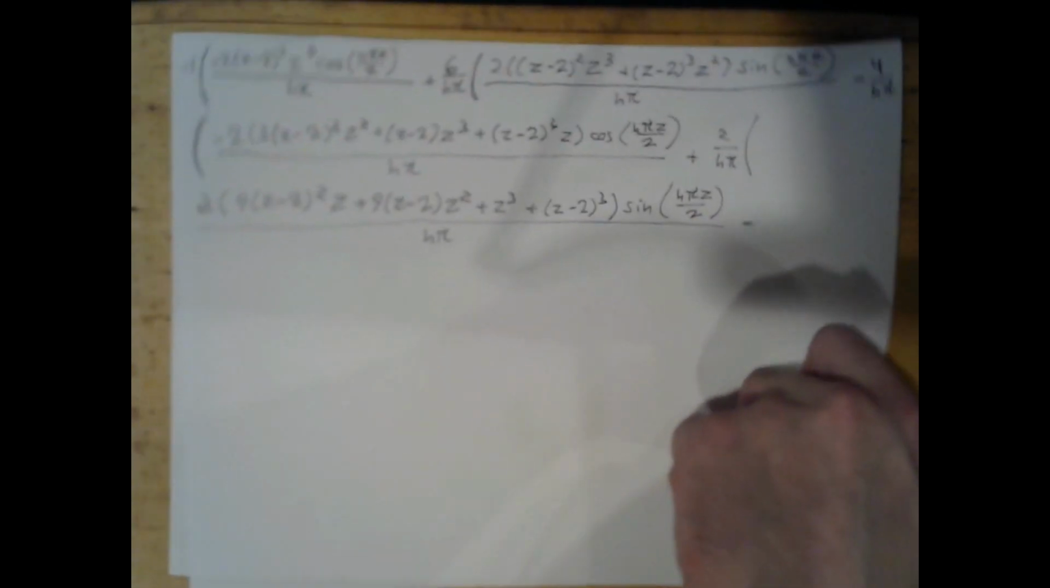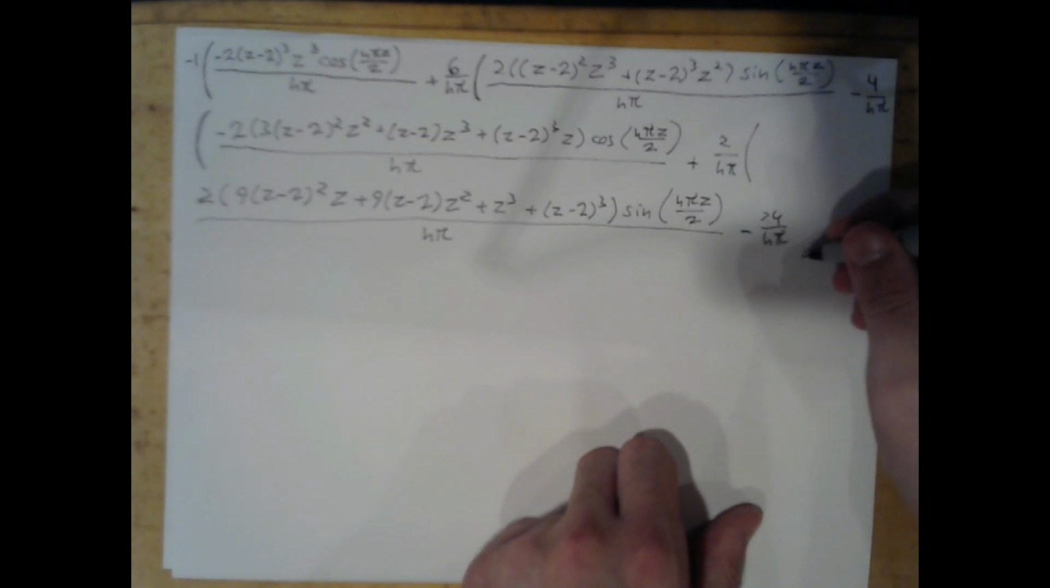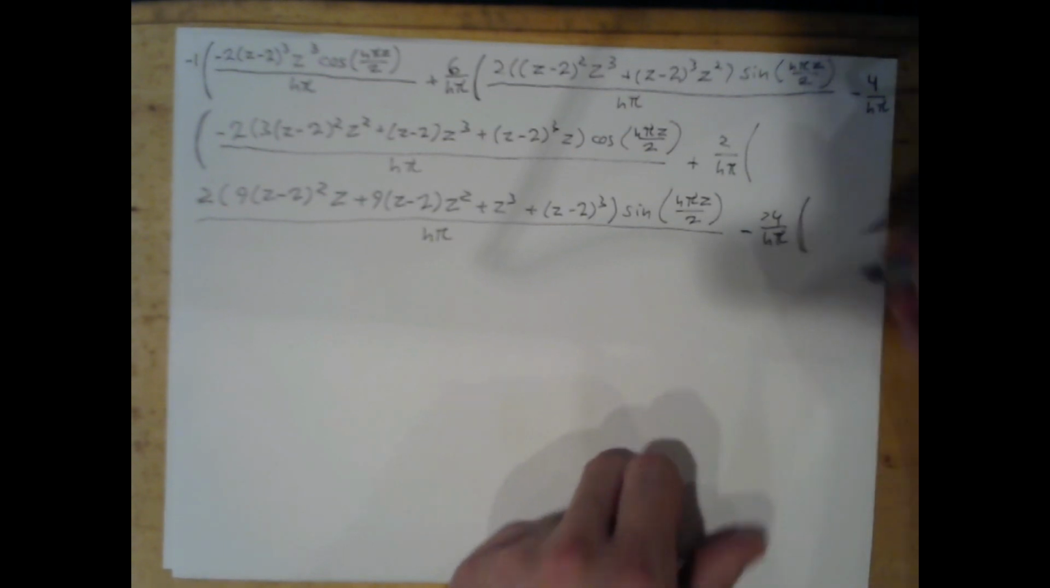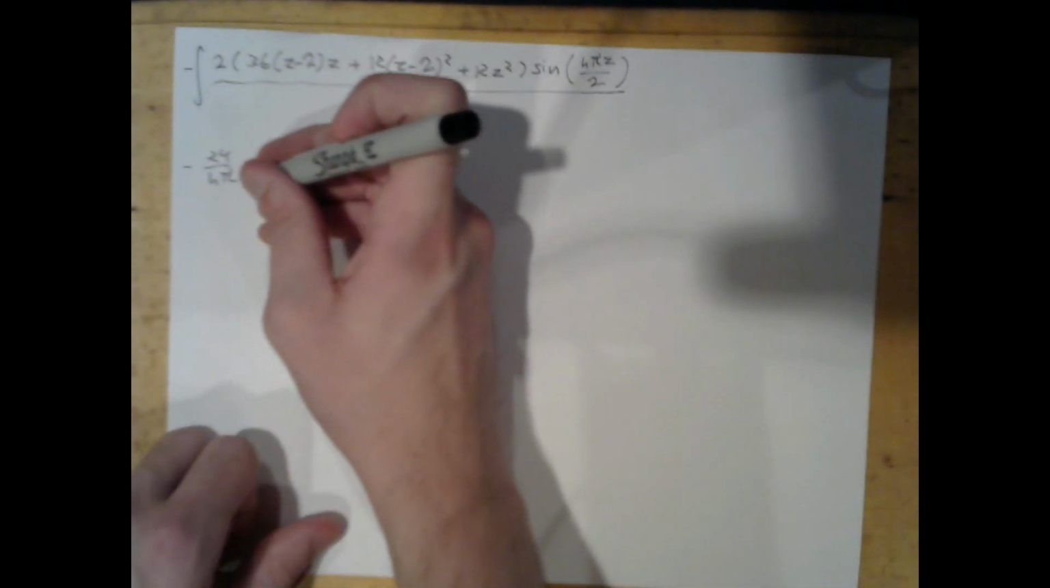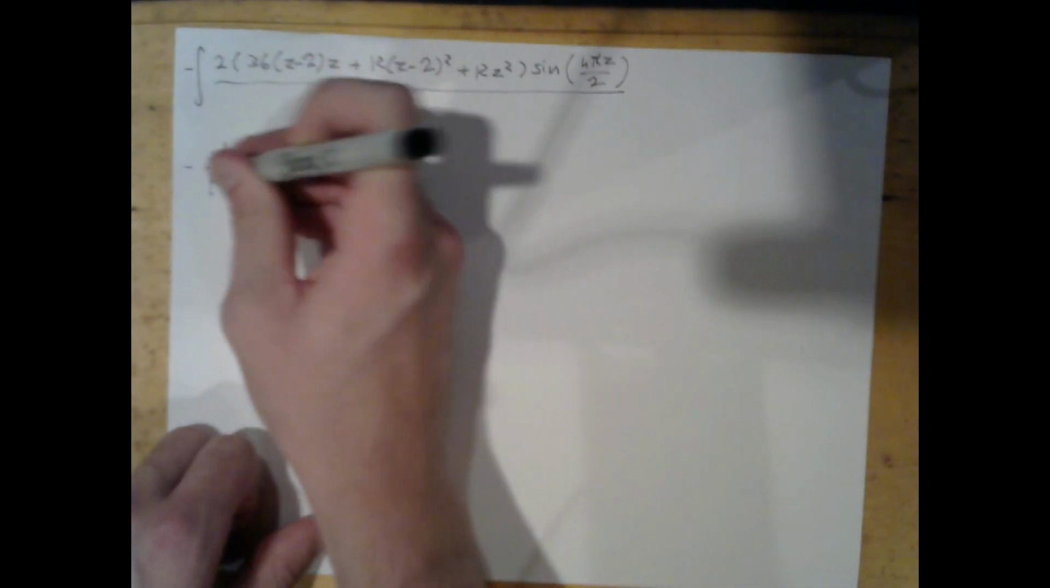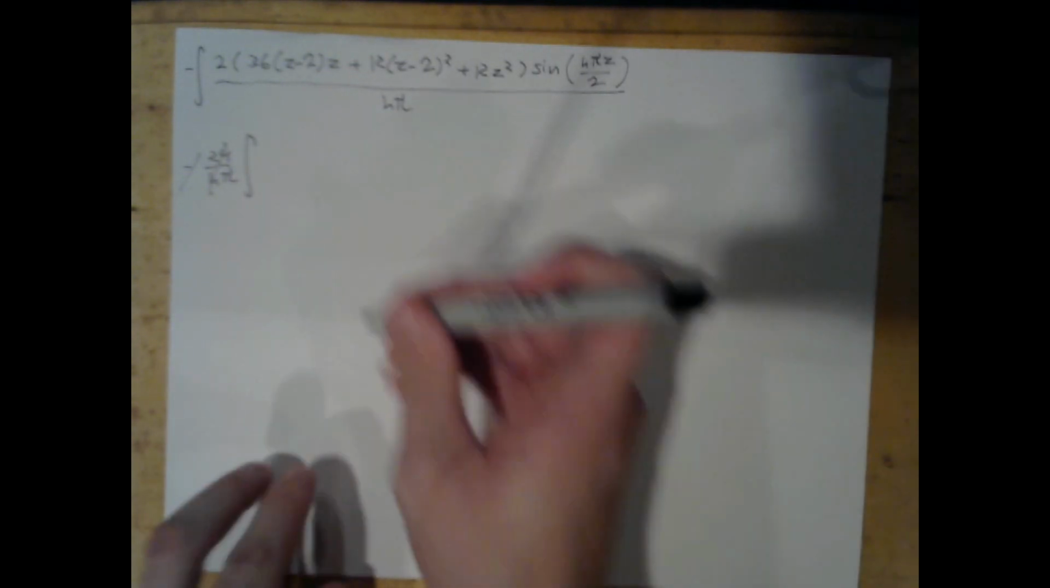Let's go back to our other sheet here. So we're going to say minus 24 over h pi, and we're going to have our bracket here. Okay. So minus 24 over h pi, integral here. We don't care about this anymore. Okay. So now our integral is going to become